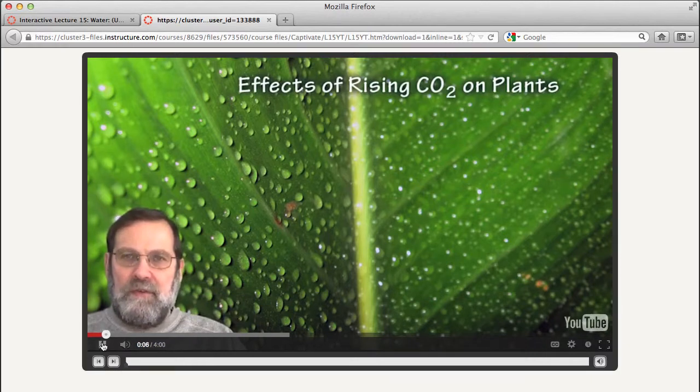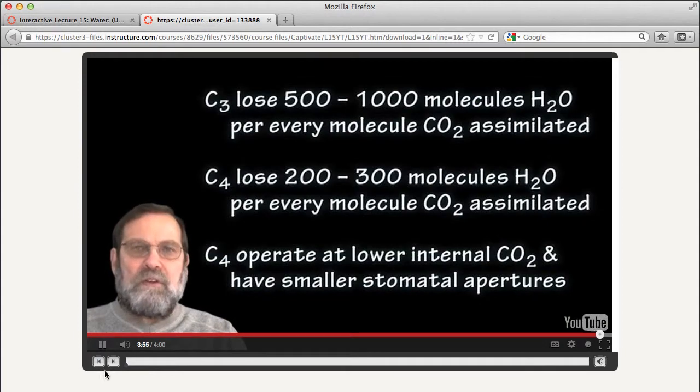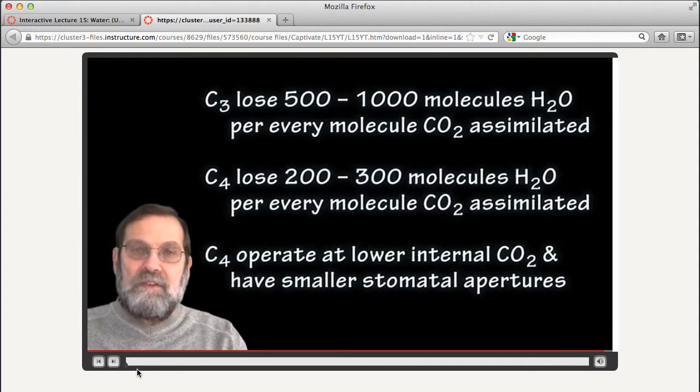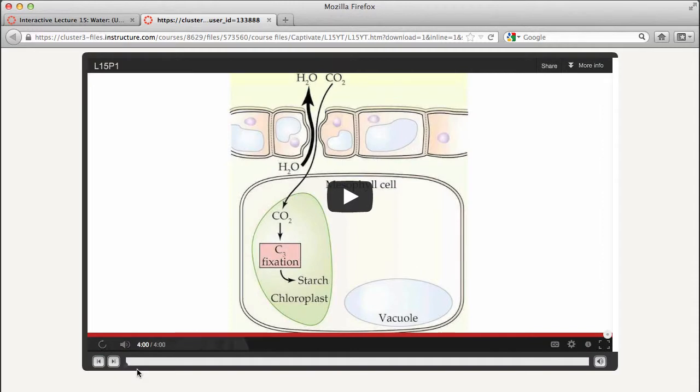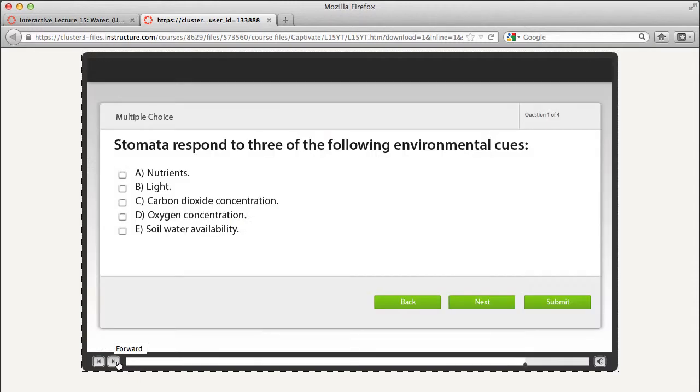The main outer portion of this interface allows you to move back and forth through the entire program by clicking the back and next buttons here. You can think of this as going back and forth through a PowerPoint presentation. These are important buttons because when a video ends, you will not be automatically taken to the next area of the program, such as a quiz question. You must push the next button in order to move on.